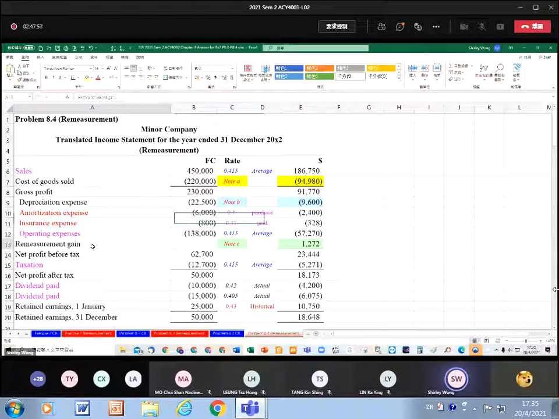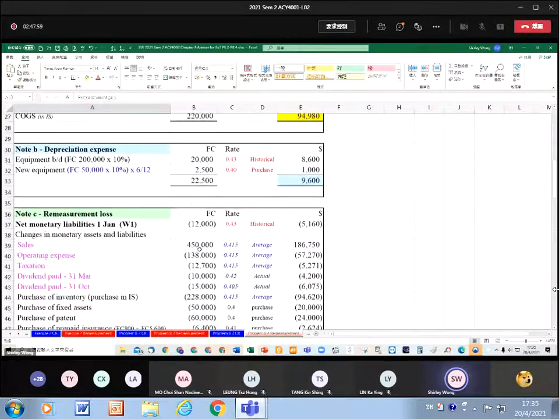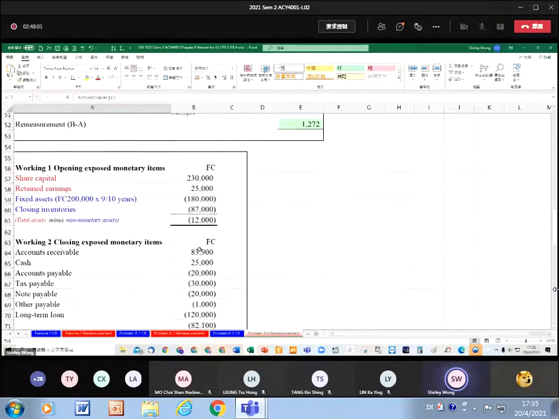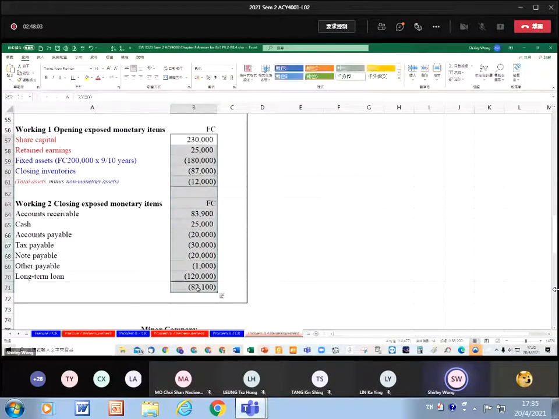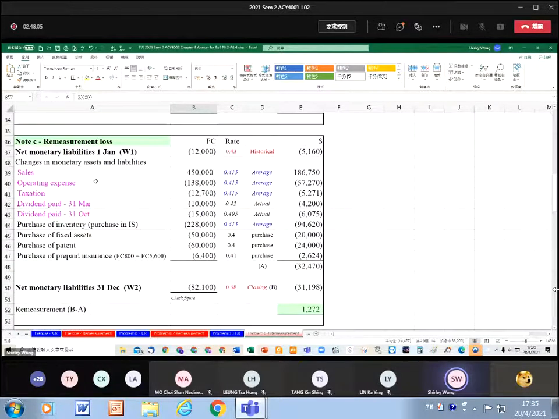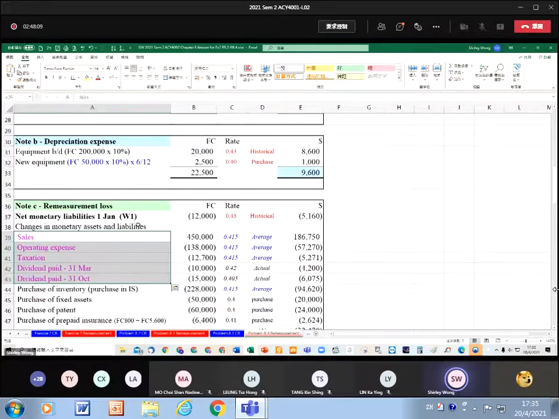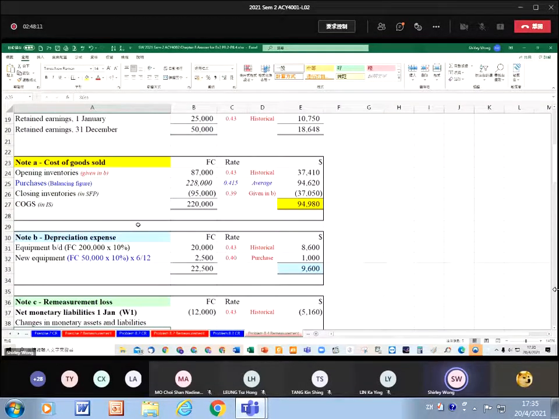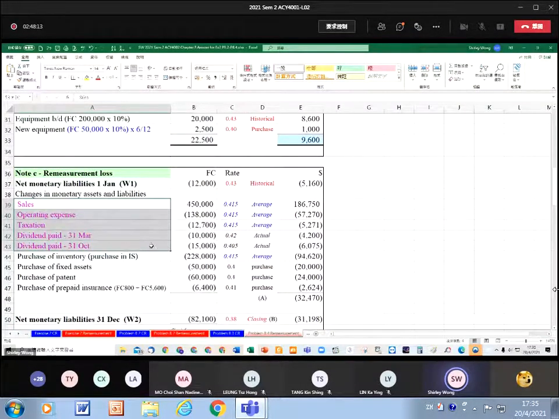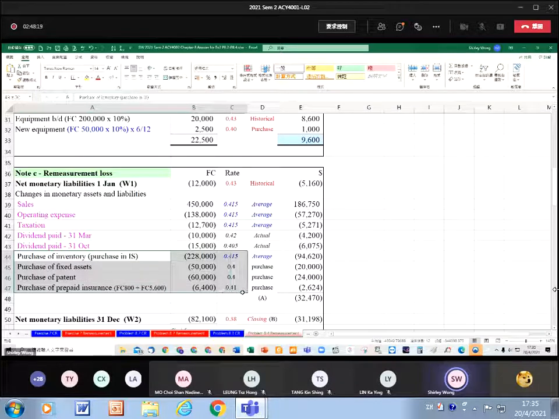So for remeasurement gain, originally we have filled in all these figures. I have already filled in all these figures here. And then what we need to find out is all those appearing in the income statement that use average rate, we'll copy it down. 所有用 average rate, actual rate 嘅我哋會擺晒出嚟。同埋所有今年新買嘅嘢，包括 inventory, fixed asset, patent 同埋 insurance 都擺晒出嚟。Because this kind of